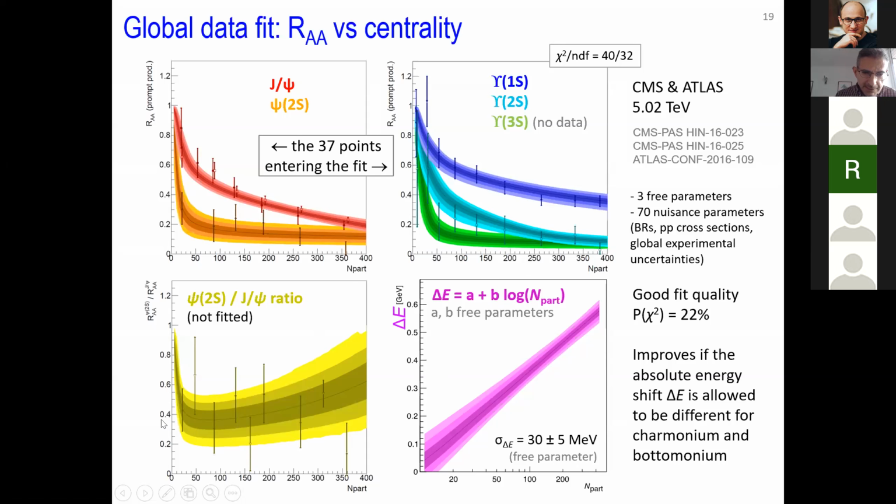And also interesting, we can again look at this double ratio psi(2S) over J/psi, which has this sudden drop at the very low number of participants. So this threshold effect, which is embedded in this simple model, reproduces this physical effect, which was almost the starting observation that motivated this.